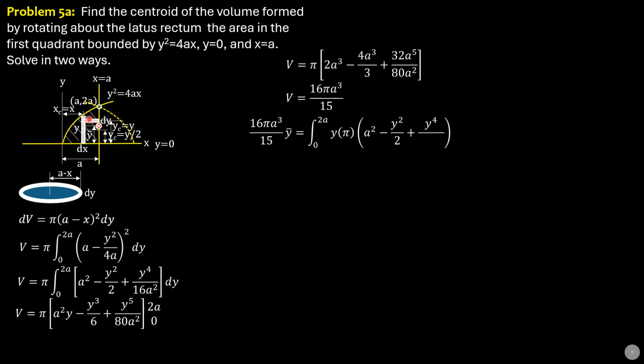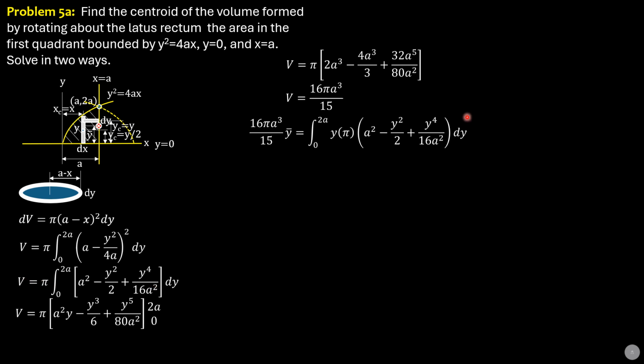Because we consider horizontal strip, the centroid is here, so the distance which is parallel to the plane of this disc is just y. So y sub c is just y as shown there. Then differential volume is this expression here, which is not yet evaluated.